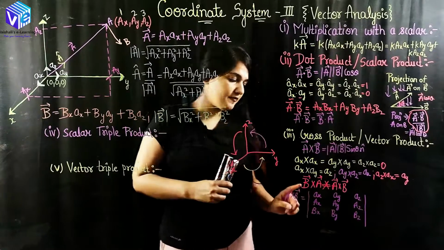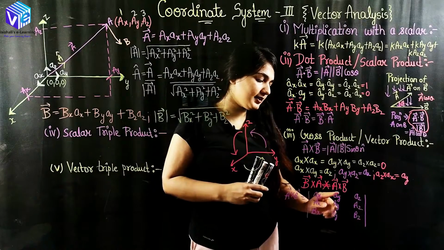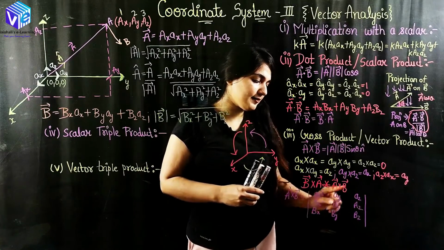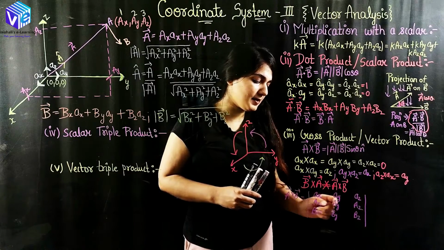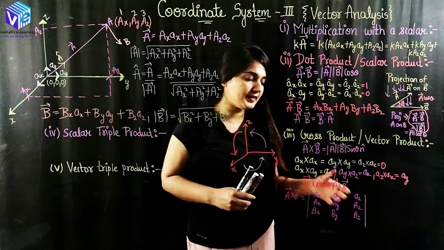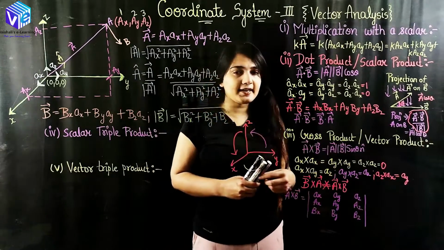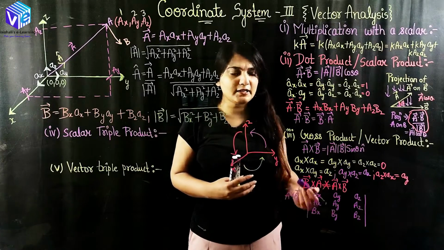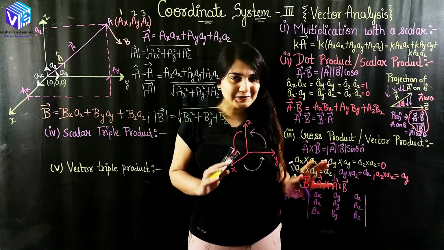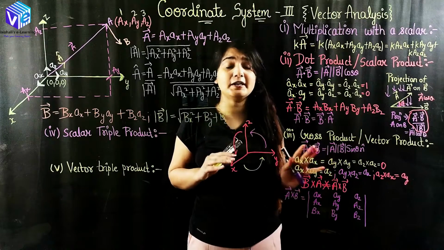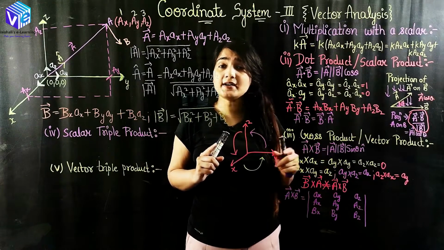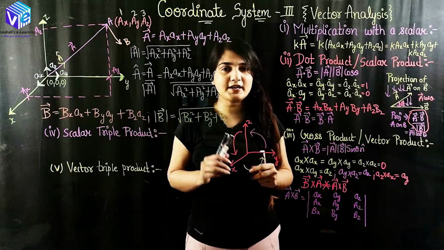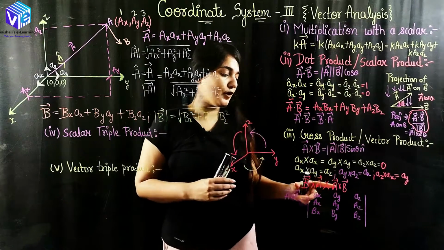Okay, A vector cross B vector will be equal to this. These are the directions, or the unit vectors AX, AY, AZ. Here we will be taking the coefficients AX, AY, AZ, BX, BY, BZ. Now we have to find out the determinant, and I can expand along any row or any column. So I easily know how I can find out the determinant. You must have studied the determinant in your previous classes. I am not going into detail of the determinant now.